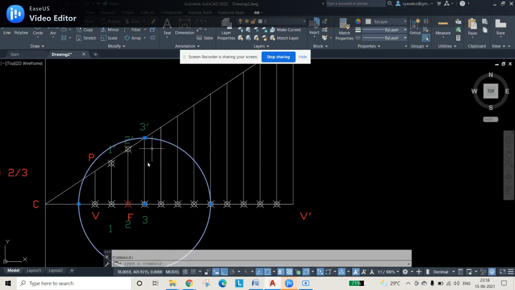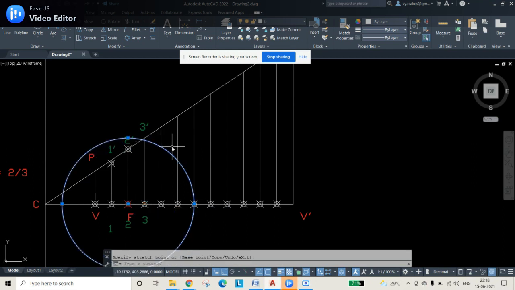Then change the center from 3 to F. Then you can see the intersection point is there. PO, enter. So the intersection point is there. You can point it. While you are drawing it, you are only getting the upper layer of the points. If you want to obtain the lower layer of points, you can directly copy all these lines and mirror image it, and you can point at the same time.